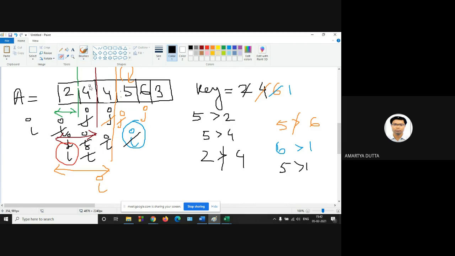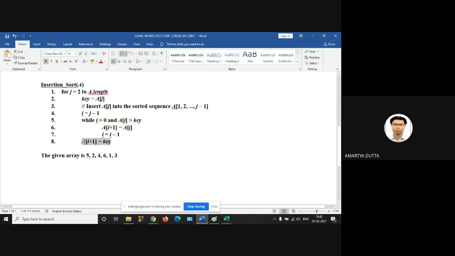So this will be 2. Now again decrement the value of I. So I will be out of boundary. This logic will not be satisfied, so that's why key is copied into A[I+1].